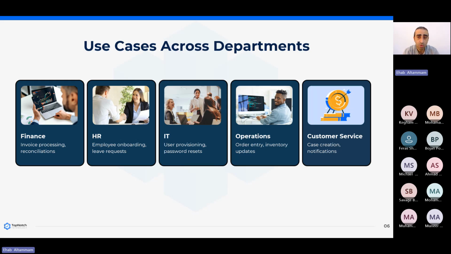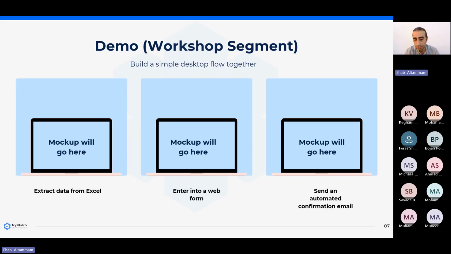For operation, it depends on your scenario. So depends what kind of data, what kind of system you are integrating with. And for the customer service, again, if you have specific actions that need to be taken by someone, then you can mimic that. So that can be done with the bot. Okay. All right. So let's deep dive, and we'll show you some kind of examples and how to start with it. And to be honest, it's a big, let's say, subject, but we'll try as much as I can to cover